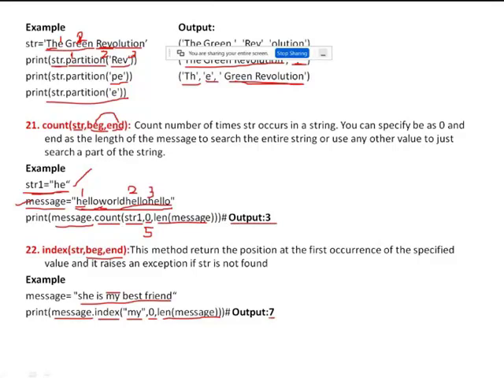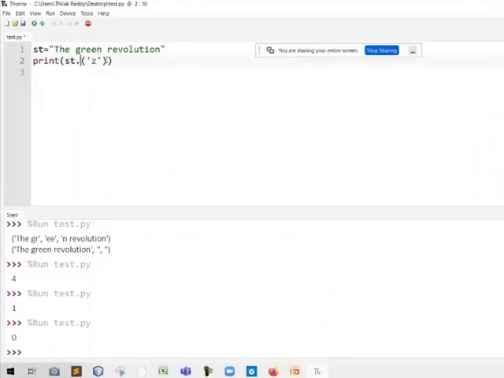Do you remember any method that is similar to this index method? In the previous class, I explained the find method, ma'am. Find. So the find method is also used to return the first occurrence. That means the find method is also used to return the index value of the first occurrence. Then what's the difference between the find and index methods? Both are used to return the first index value, right? What is the difference? Okay, I'll show you.